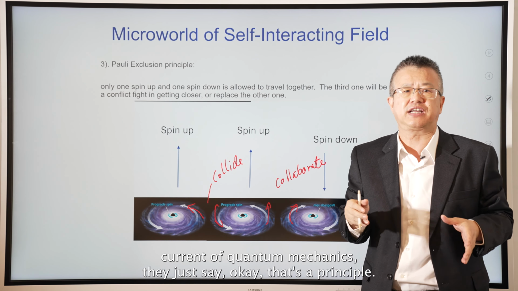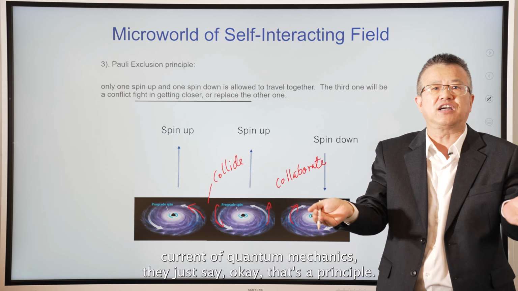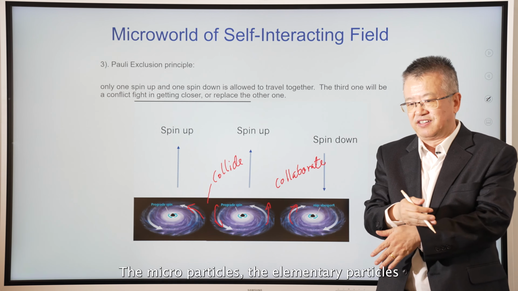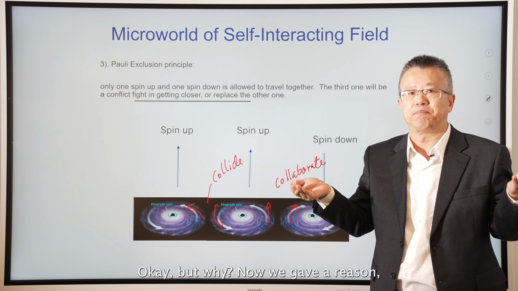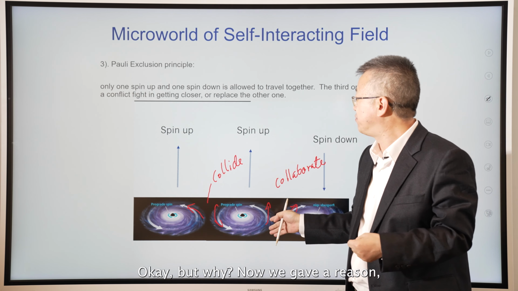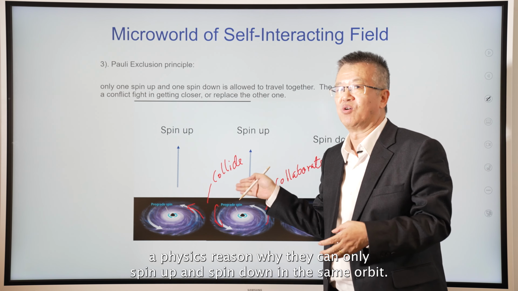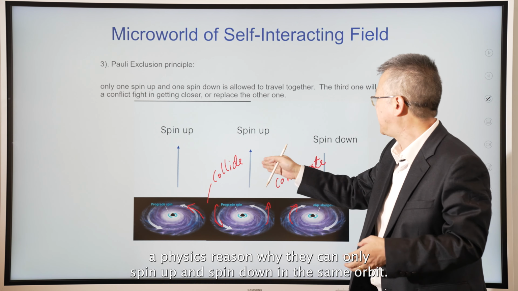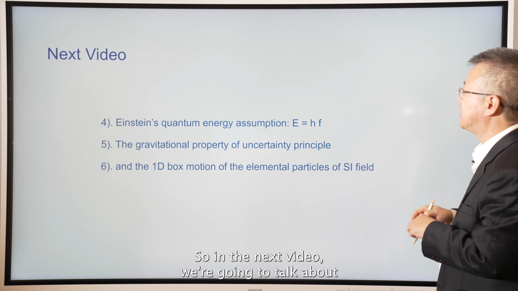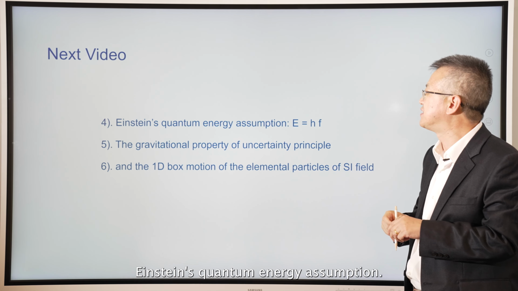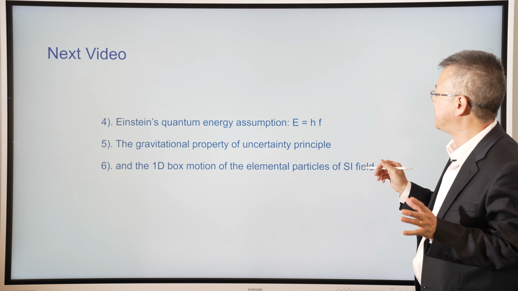But in the current quantum mechanics, they just say, okay, that's a principle, okay? The microparticles, the elementary particles follow that, okay? But why? Now we give a physics reason why they can only spin up and spin down in the same orbit. So in the next video, we're going to talk about Einstein's quantum energy assumption,